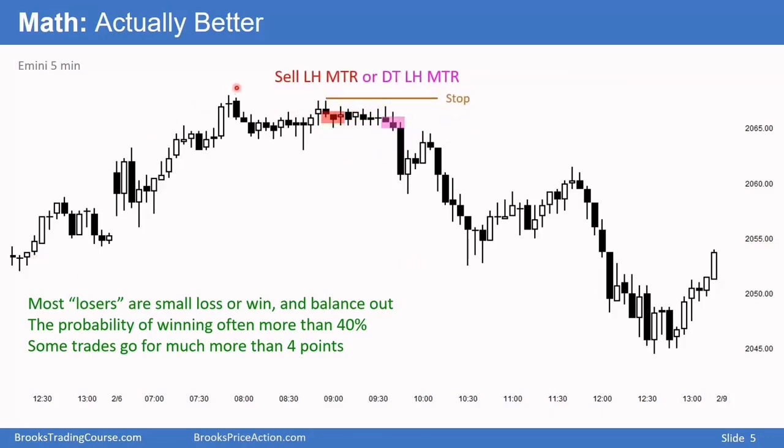We have a bull trend and a bear break below the bull trend line. You can call it a wedge, 1, 2, 3. And you have a small lower high major trend reversal, or you can call it a small double top in a tight trading range. You can call it a double top right here in a tight trading range. And you look at a tight trading range like that, and you have a good sell signal bar,